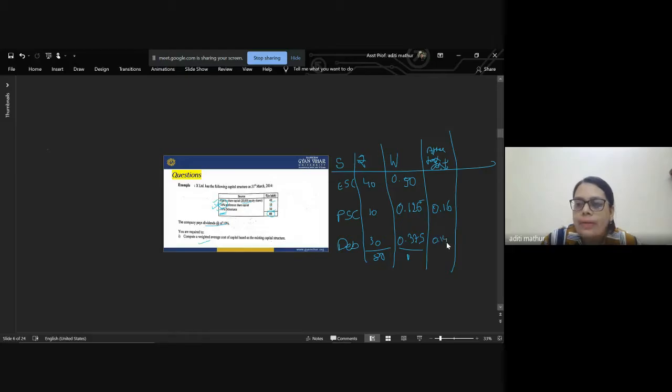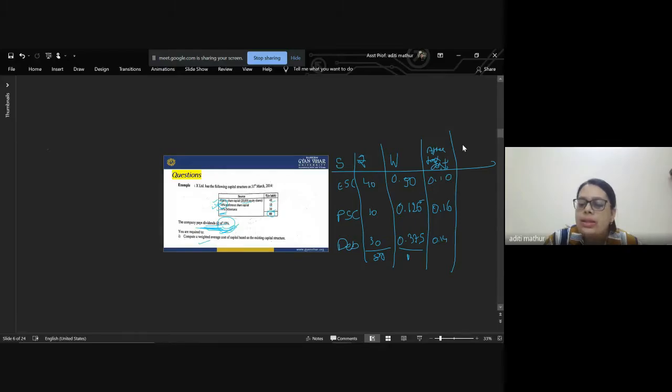Why are we not doing any tax calculation? Because we are not given any tax rate. That is why we are assuming these figures which are given to us are already after tax. And that is why we are not calculating the tax effect on it. And then for the equity, we have to calculate, but it is already given 10%. That is the dividend rate is 10, so 0.10.